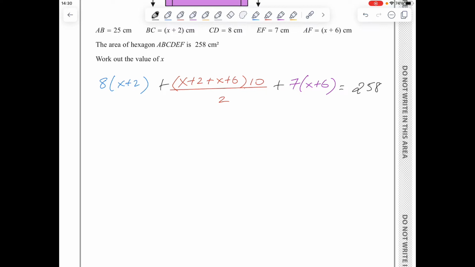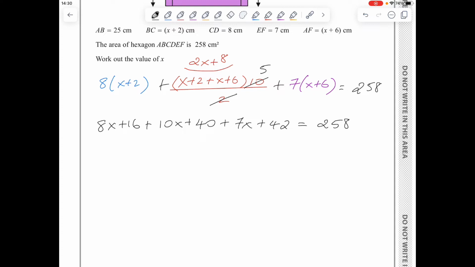For the trapezium, I can simplify the 10 and the 2, and this bracket here is equal to 2x plus 8. So now I can expand and get 8x plus 16 plus 10x plus 40 plus 7x plus 42 equals